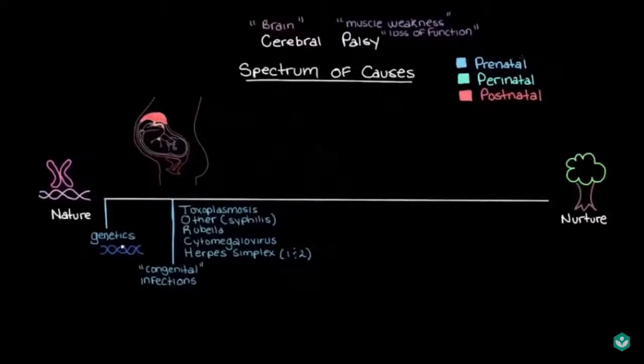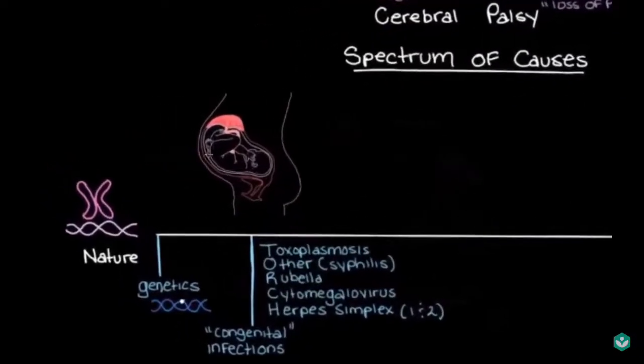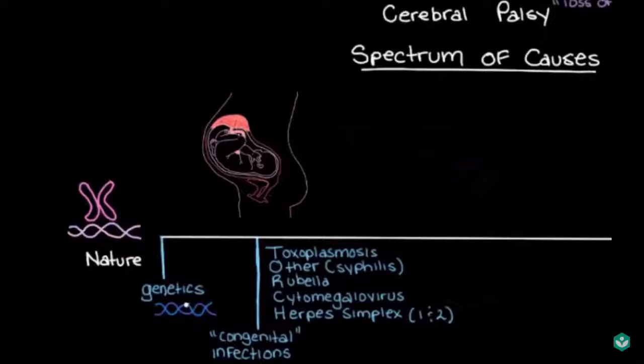So other things that can go wrong in the prenatal period, well, we can run into some problems with the placenta. If we check out our developing fetus here, here's the placenta and here's the umbilical cord. These two are what allow the fetus to get oxygen and nutrient-rich blood from mom. So sometimes the placenta doesn't form properly, or it can be damaged during gestation. And when this happens, the placenta can't really do its job of delivering oxygen and all of those important nutrients to the fetus, which the fetus really counts on to develop properly. So we call this placental insufficiency, and this is another possible cause of cerebral palsy.